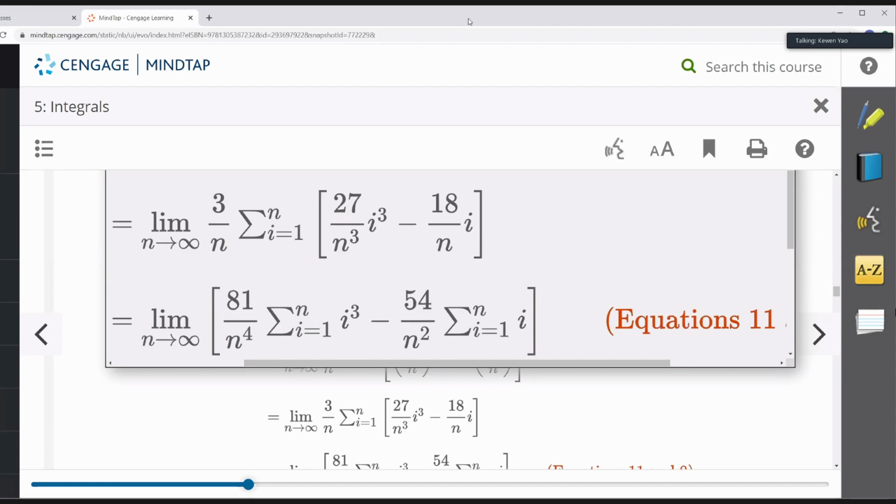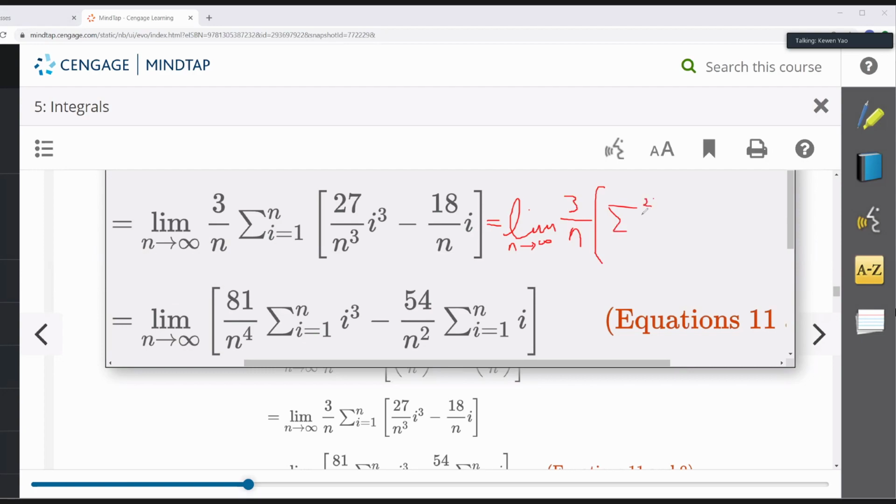Let me show one more step. This is equal to the limit as n approaches infinity of 3 over n. You can distribute the sigma sign inside because of the subtraction, so it is equal to sigma